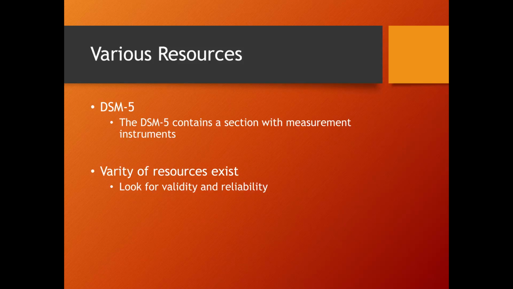It shouldn't be too hard to get on Google Scholar or whatnot, or look up that particular instrument and look for the validity and reliability of the instrument. As you may know, validity speaks to whether or not the instrument provides data that's reflective of whatever it is you're trying to measure, that you're trying to find out more about. And then of course reliability has to do with whether or not the instrument